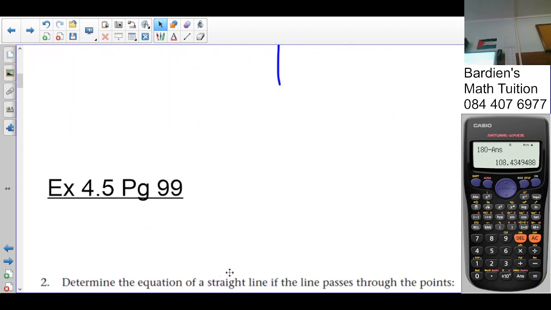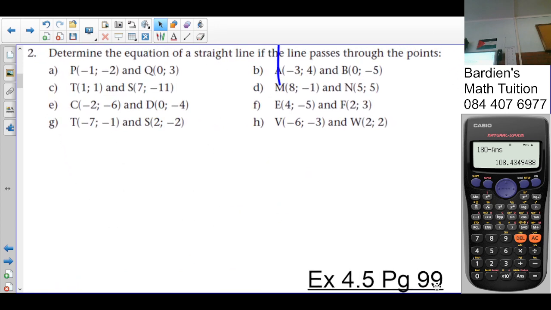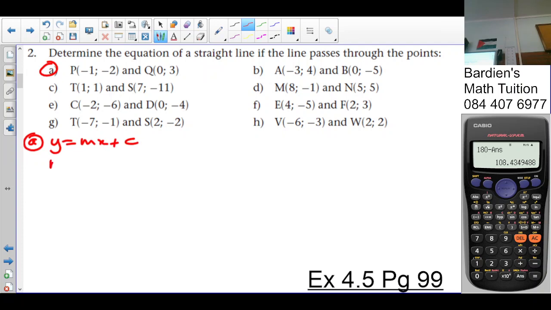Look at number 2. Do the 2a. Determine the straight line passing through those points. So it's going to be P. So it's y is equal to mx plus c. So we start by working out the gradient. So y2 minus y1, so it's 3 plus 2 over x2 minus x1 would be 0 plus 1. Give me a gradient of